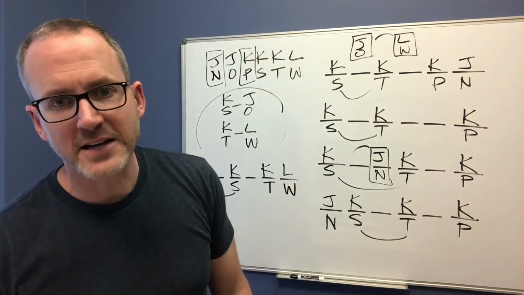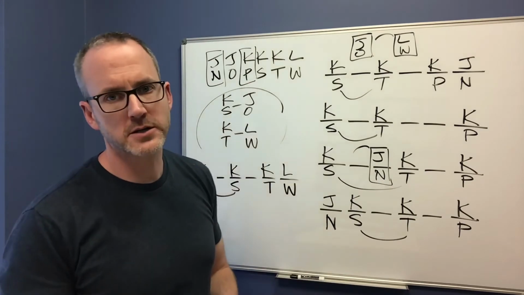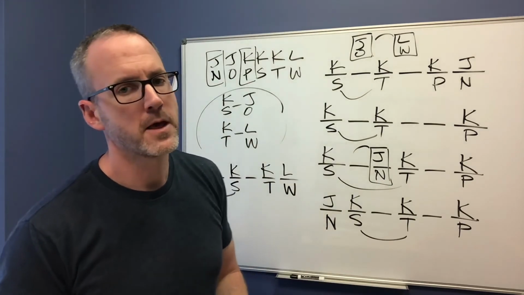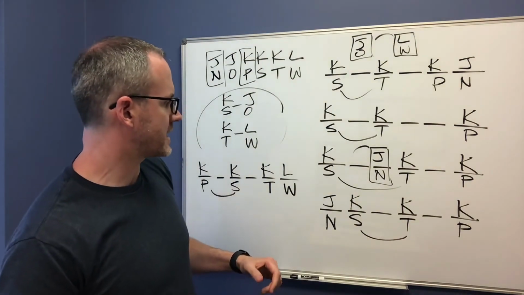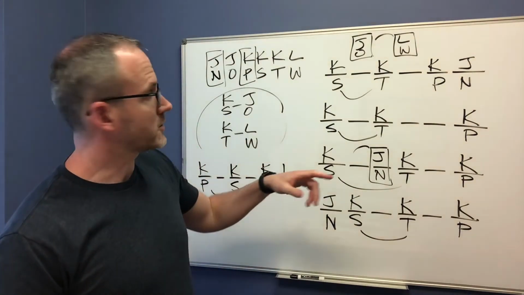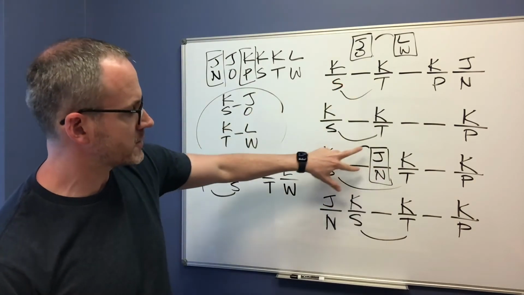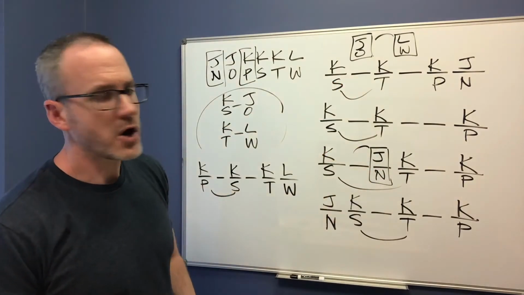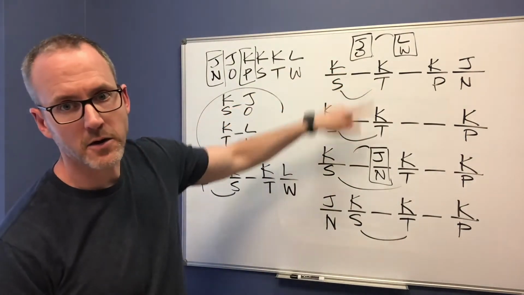All right, last question. Question 11. Which one of the following cannot be the subject of the second presentation? Okay, who can't be second? Well, let's take a look. Could we have N be second? I don't see why not. N could come here. Could O be second? I don't see why not. We could have O come here.